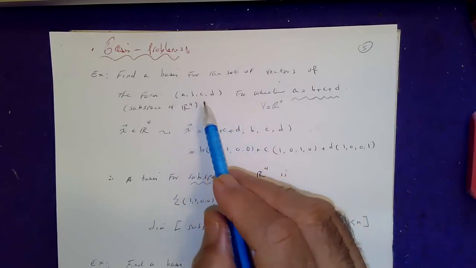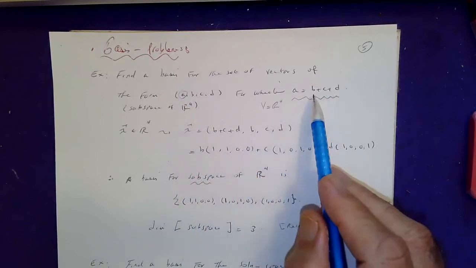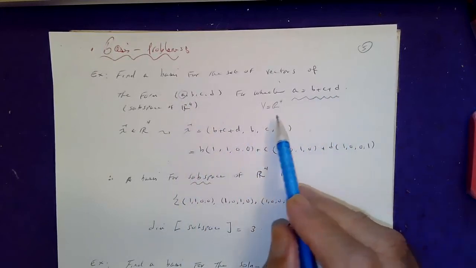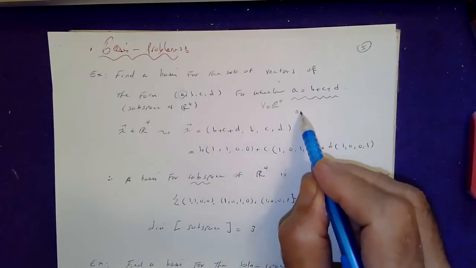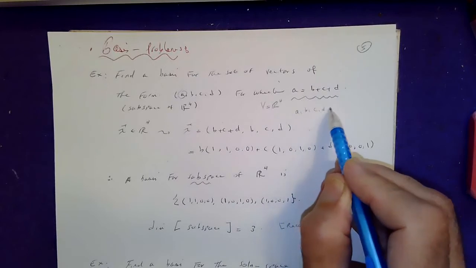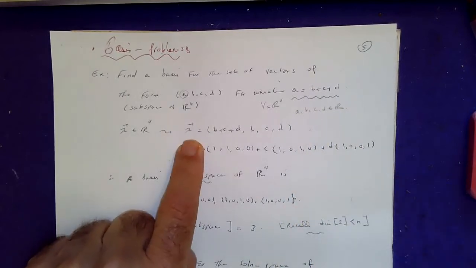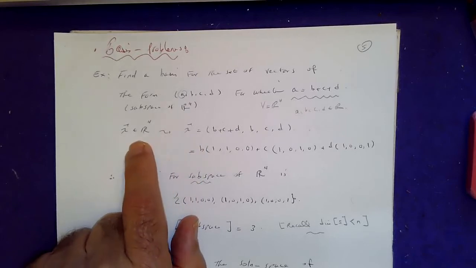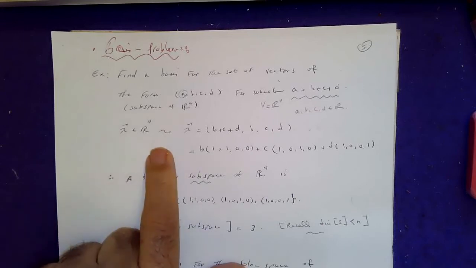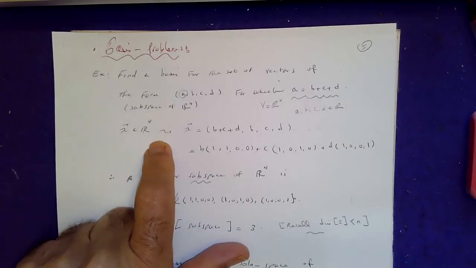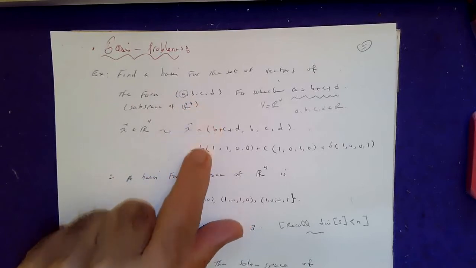It's the one in which the first element is the sum of the remaining elements, B, C, D. A, B, C, D happen to be real numbers. So what happens is, if I choose any specific vector in the subspace of the vector space R4,